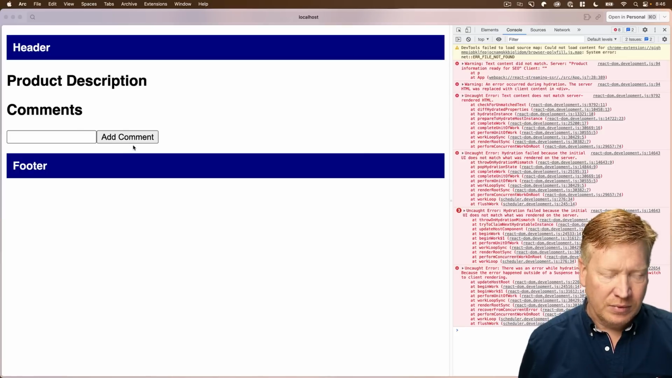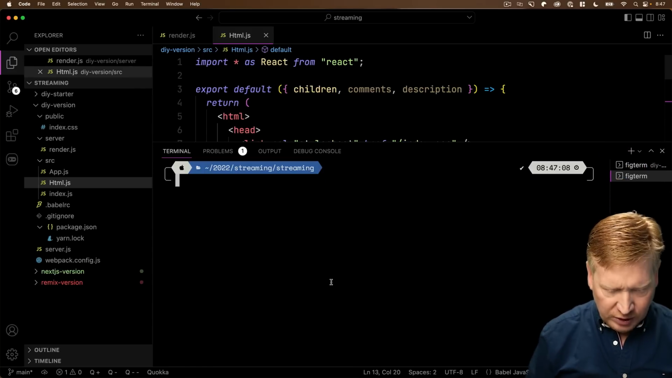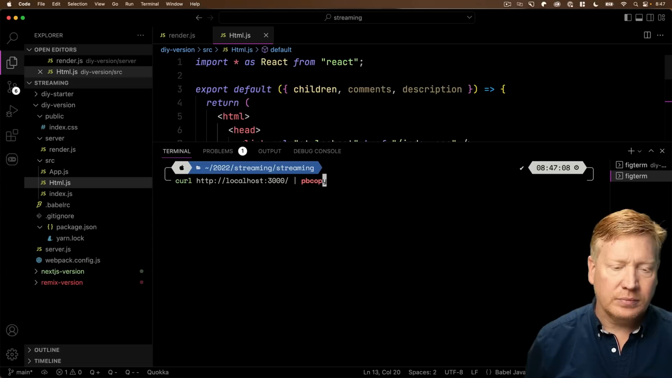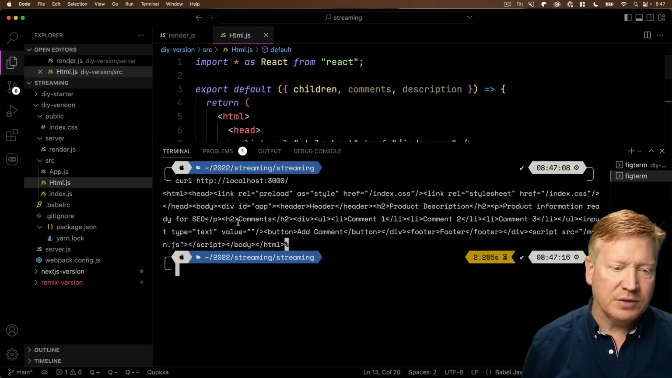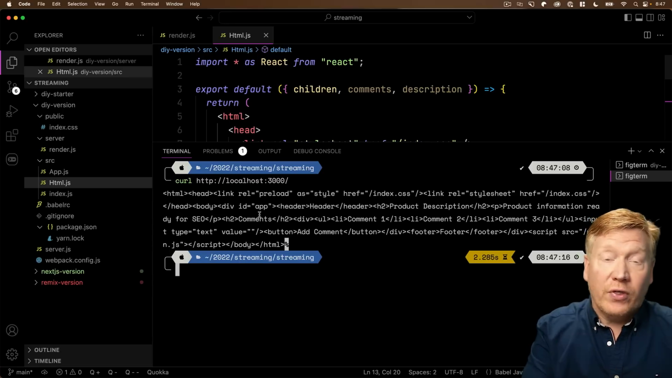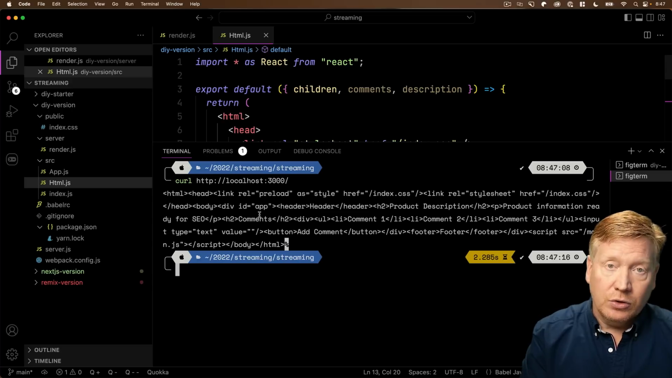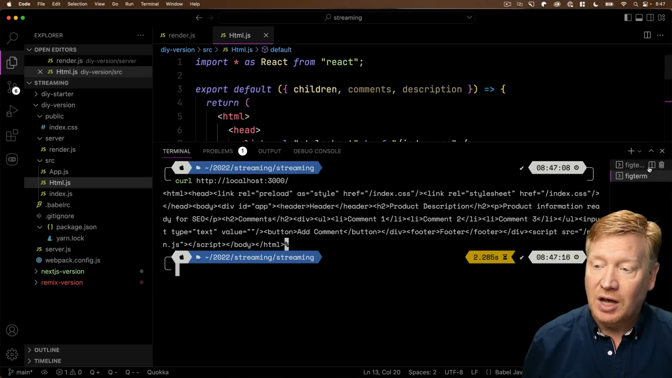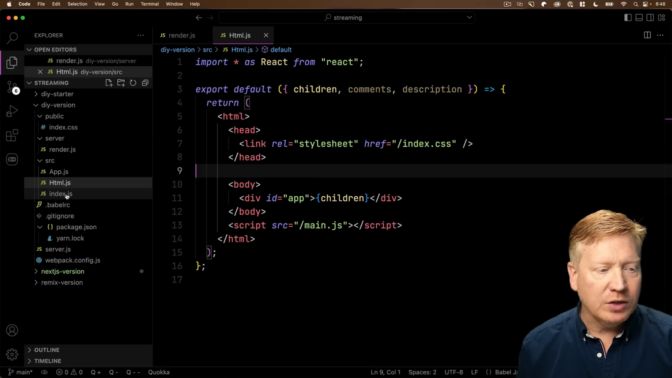And let's go into the terminal and you'll see this actually in a bit more detail. So I create a new terminal. We can see if I curl it, we actually do get all the comments. You can see comments here, and then comment 1, comment 2, comment 3. We even get the product information ready for SEO. It's all there. But what's happening is we then run the client-side code, and the client-side code doesn't have the comments or the description. So to really understand what's happening here, we need to look at index.js,